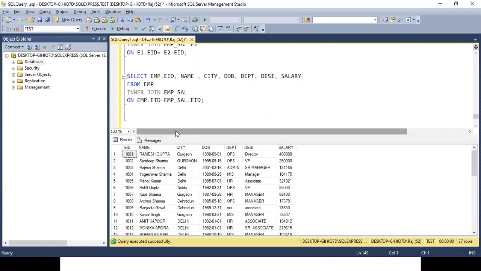Now same over here, the office boy is your SQL. SQL says, okay, name is there in the employee table, I will take it from the employee table. Salary is there in the salary table, I will take it from the salary table. Now for the employee ID, it is asking, sir, from where should I bring the employee ID. You said bring it from the employee table. So that's what it is doing. I hope this is very clear now.